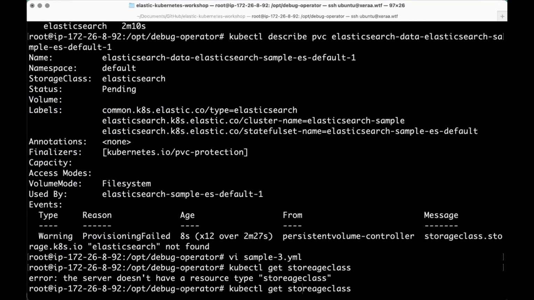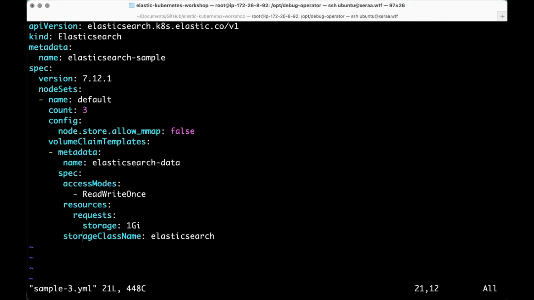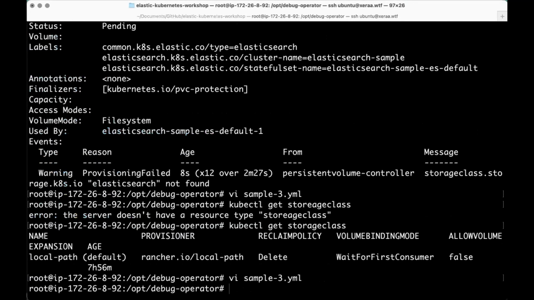If I type that correctly, you can see the only storage class that is available on our cluster is local path. So we do need to change that. So the only storage class that we can use here, unless we create our own storage class Elasticsearch, would be this one. The problem, once we apply this one here, kubectl apply sample,